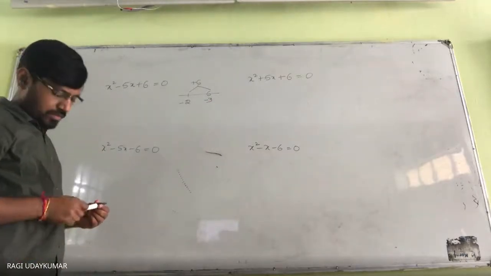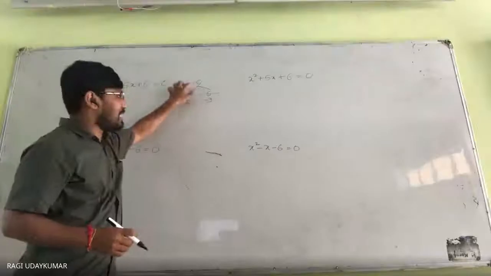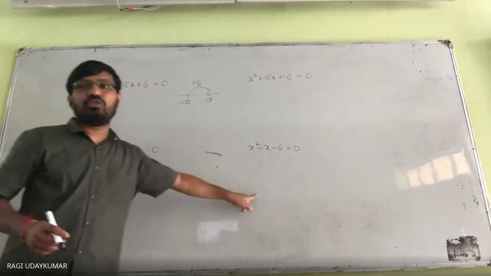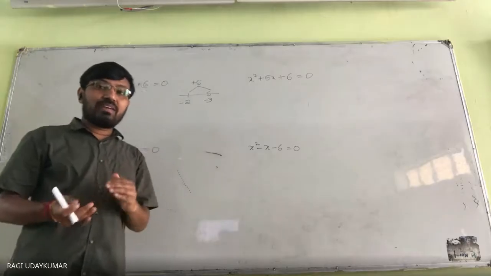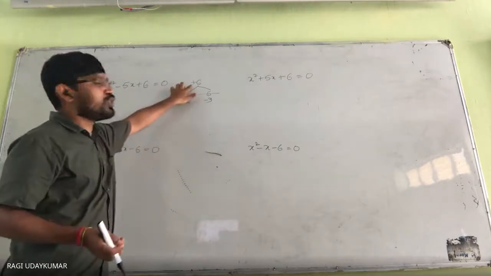Yes. While factorizing the middle term, one term can be negative and another can be positive also. Sir, that situation will give us a different answer in minus. Whenever you are having that situation, I'm going to explain to you here. See these two situations. One can be positive, one can be negative whenever the product is negative. Here the product is positive.